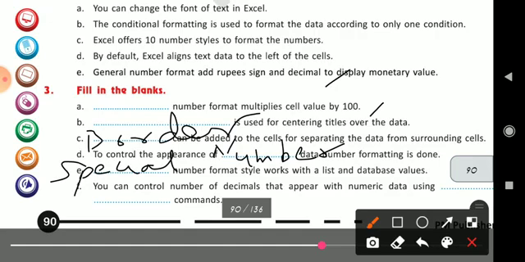Now the last one, you can control the number of decimals that appear with numeric data using, everyone knows about that, very easy, increase decimal and decrease decimal. Increase decimal command and decrease decimal command.